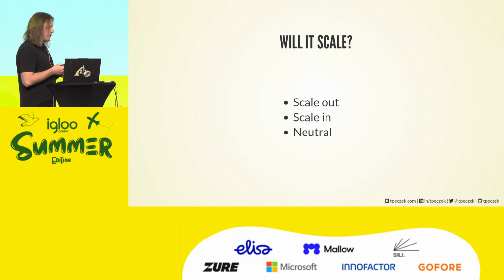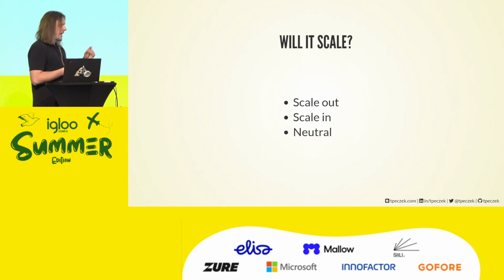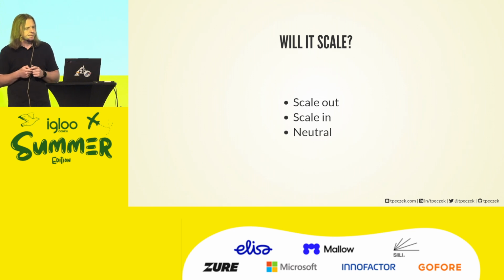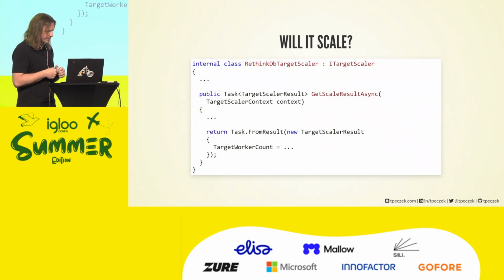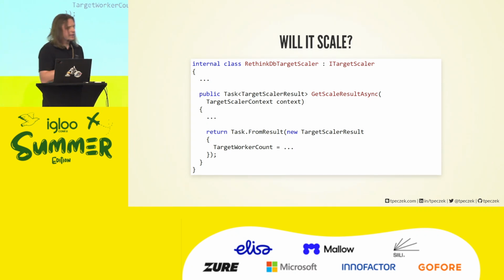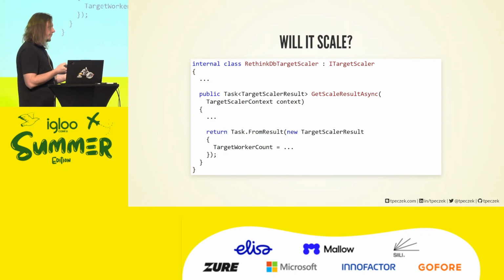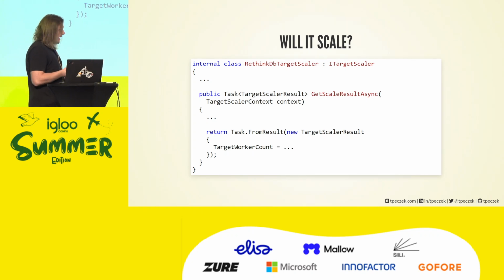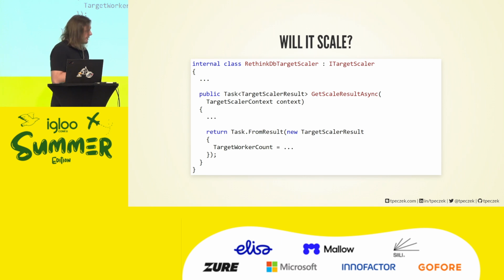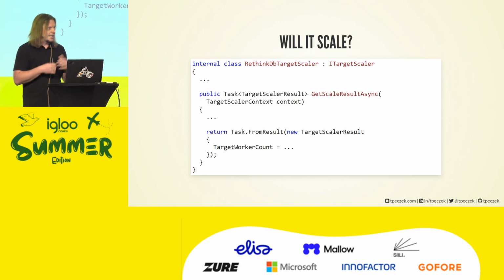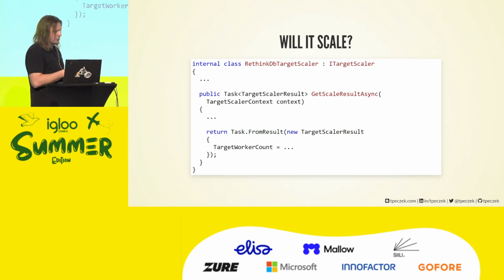That's more or less the heuristic for Cosmos DB, but what is important, we can go to GitHub, find the extension, and understand that heuristic in detail. That other component, the target scaler, is actually the newer one. It's responsible for providing an exact number of workers that the extension would like to have. And there are different heuristics for that. Cosmos DB has actually a very simple one. It's saying that at minimum, I want one worker per 1,000 items remaining. That's my minimum. That's what I want, right?